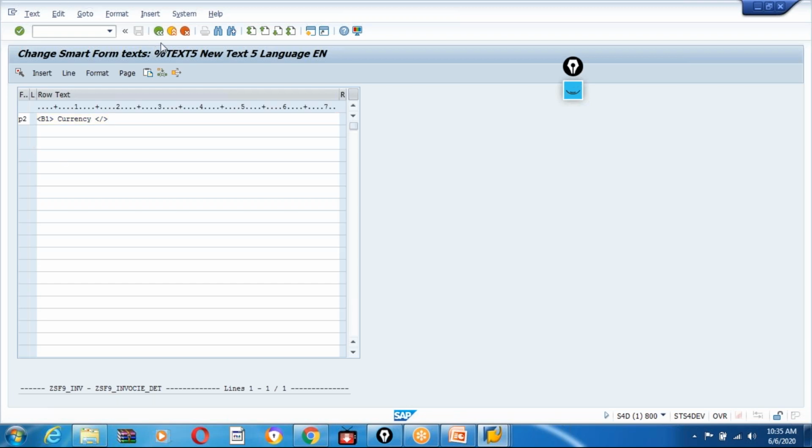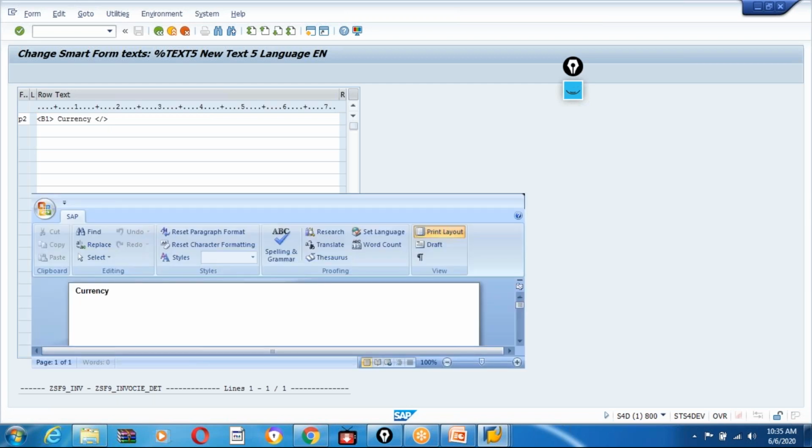That's it. Yes, we are done with the header section, the label section. Okay, save it